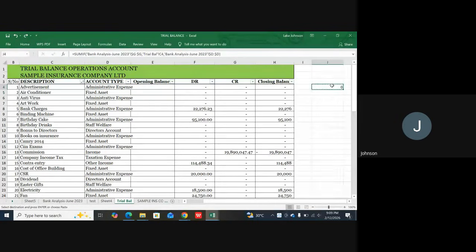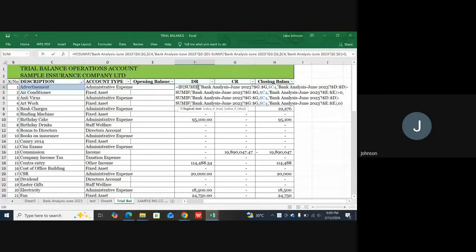Then here, let me now also do that. So once we have gotten that, let's now check this formula. So we are saying equal to IF, we open our bracket, we start our statement. We say SUMIF from our bank analysis, you go to column G, right? We now put a comma. If you see advertisement, you can see advertisement here, which is $C4. If you see advertisement,